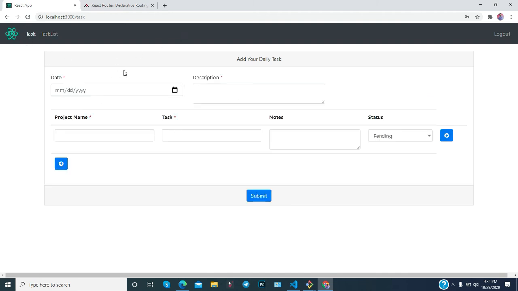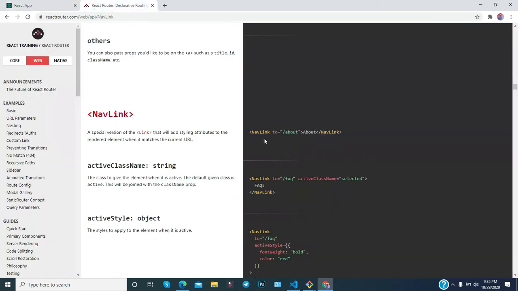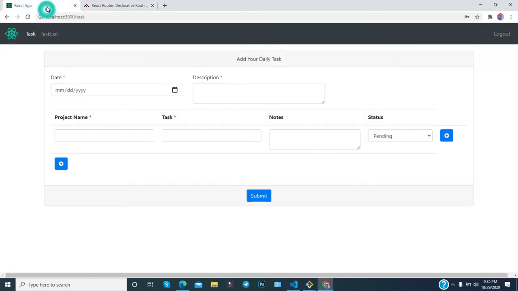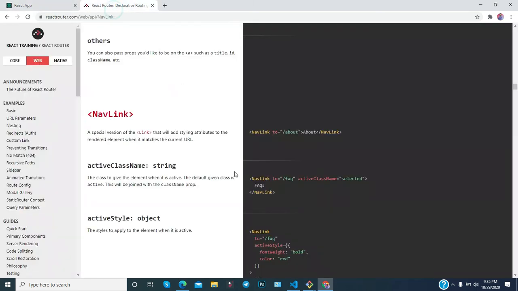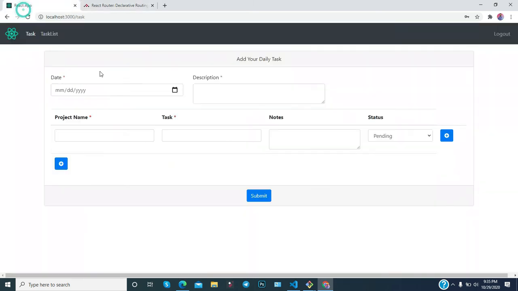Sometimes there is a lot of confusion for the user in understanding which route or which tab they are on, so with this they will identify it very easily. That's why we need to use it. It is possible because we have used NavLink. However, it is also possible through Link, but it is very complex to manage. So that's why we can utilize NavLink very easily in this way.